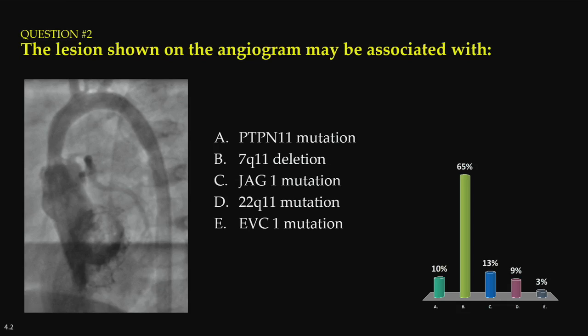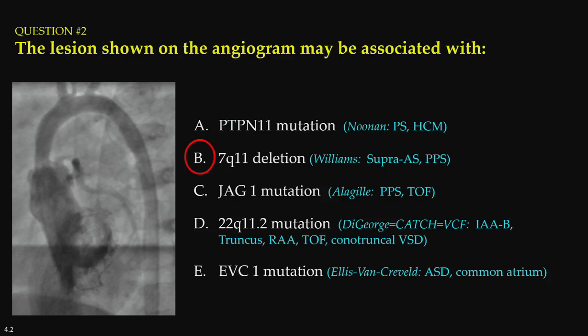Good, so most of you got that right. And the first order is, did you get the angiogram or the diagnosis right? So what did you think about this? What was this angiogram? This was the left ventricle. You can see the aortic arch right there. So the left ventricle, you can see the aortic valve and then this small supravalvular aortic stenosis coming around. And so this was Williams syndrome,